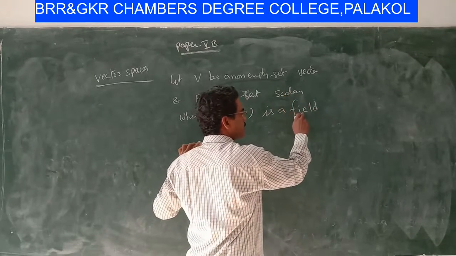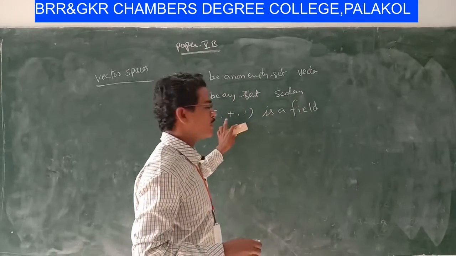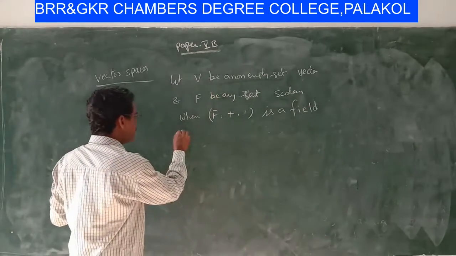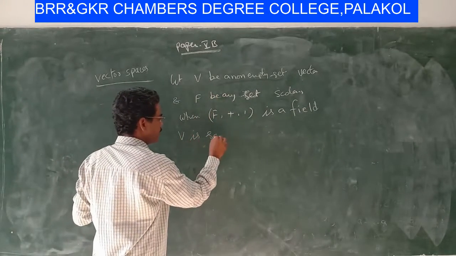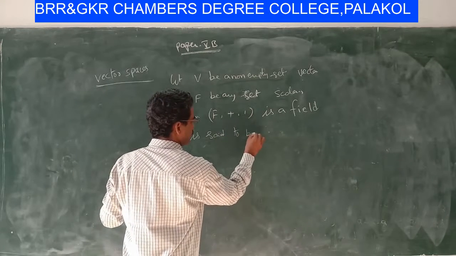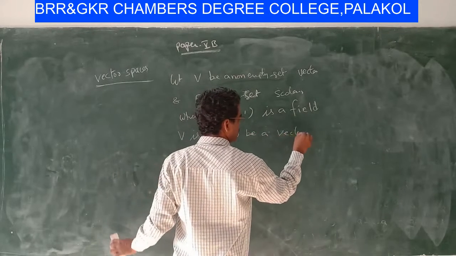Already the definition of the field is discussed above. If F, plus, dot is a field, then V is said to be a vector space